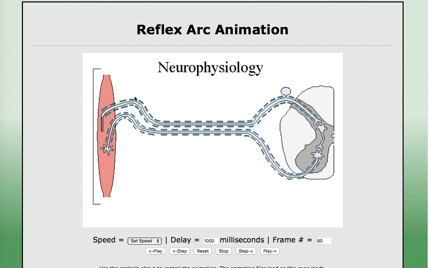When the spindle fires, it sends information into the spinal cord. Here, an interneuron receives the information from this sensory neuron. The sensory neuron relays the information to the interneuron. The interneuron squirts neurotransmitter on the motor neuron. The motor neuron sends the information back out along the axon to the muscle, and